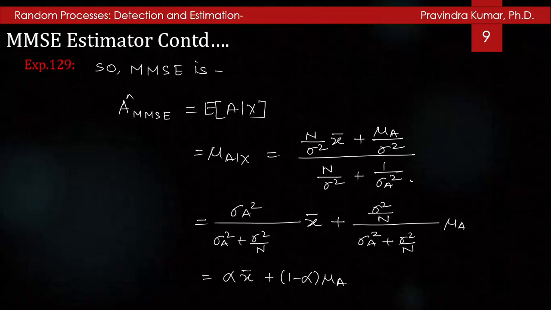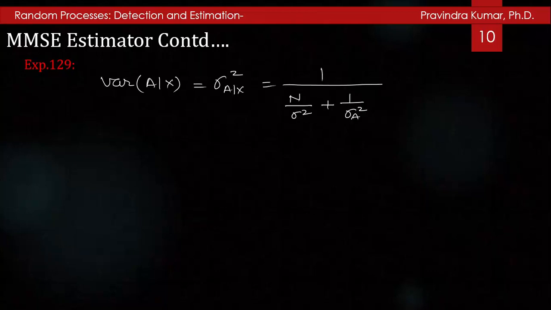So the final MMSE, you can write it as sigma_a squared by (sigma_a squared plus sigma squared by N) times x bar, plus (sigma squared by N) divided by (sigma_a squared plus sigma squared by N) times mu_a, and we can write it as alpha x bar plus (1 minus alpha) mu_a, where alpha is sigma_a squared by (sigma_a squared plus sigma squared by N). And the conditional variance var(a|x), which is sigma_a|x squared, is equal to 1 by (N by sigma squared plus